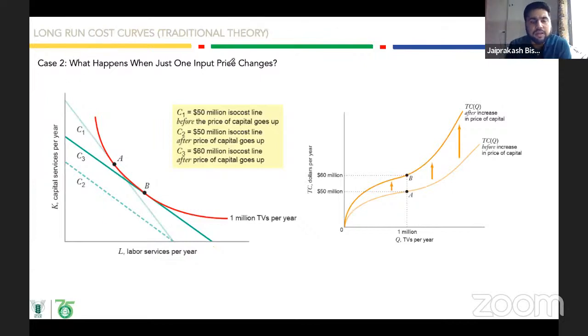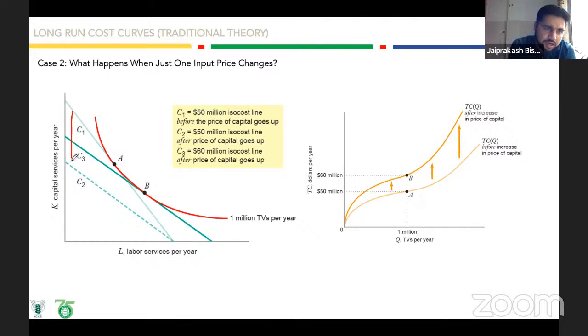अब अगर आप असम्प्शन बदलें, यदि हमने पिछले केस में देखा कि आपका इनपुट की प्राइस सेम है, अब यहाँ देख रहे हैं कि मान लो किसी एक इनपुट की प्राइस वेरी कर रही है और दूसरे इनपुट की प्राइस फिक्स है। ठीक है, हमने असम्प्शन किया यहाँ पे कि आपका जो कैपिटल है, कैपिटल की प्राइस चेंज हो रही है, कैपिटल महंगा हो रहा है, बट देयर इज नो चेंज इन द लेबर प्राइसेस। ठीक है, इनिशियली देयर वाज एन आइसो कॉस्ट लाइन C1। ठीक है, फिर क्या हुआ, कैपिटल की प्राइस बढ़ गई, तो आपका जो अलोकेशन है, प्राइस बढ़ेगी, इसका अलोकेशन कम हो जाएगा।